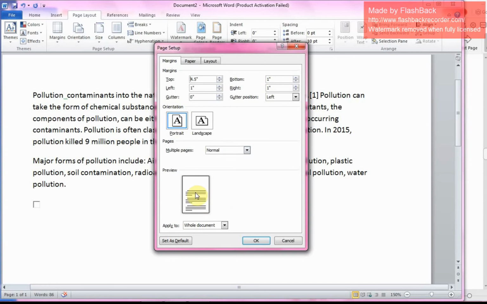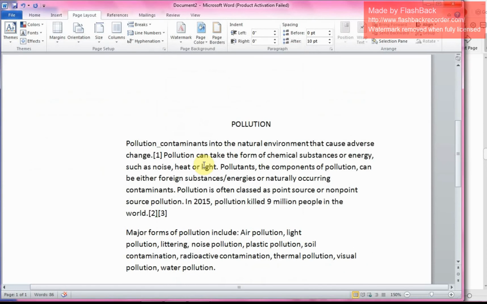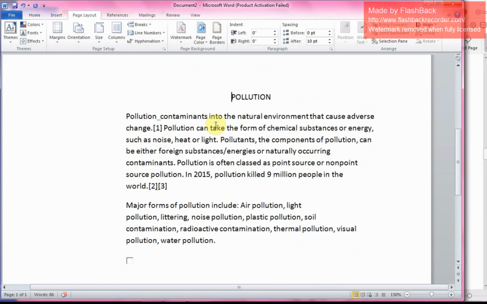You can see it here in the preview. In the same way, set how much space to leave from the left side. Just click over there and you can see this much space you are leaving from the left side. Now click on the OK button. Your page will be set to this.